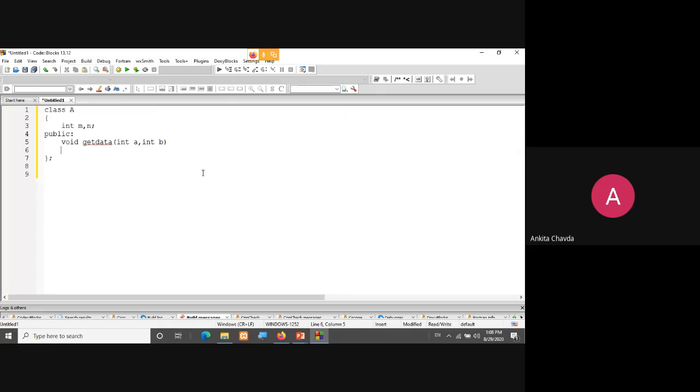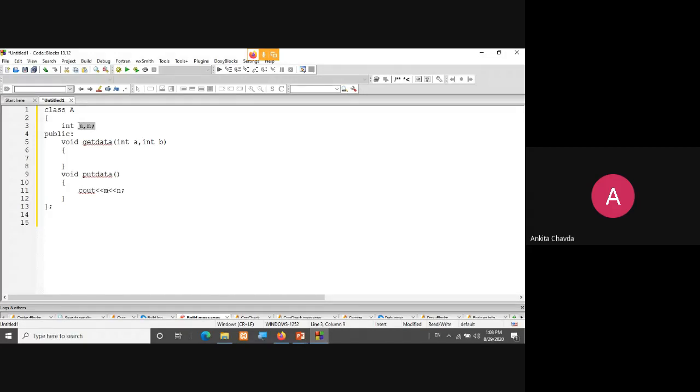And another function, void put data, is simply for displaying the values. So with a cout kind of statement I can write over here and show the values of m and n. This is what generally we are doing in put data. And in a get data function, I'm always initializing my member variables with some value.